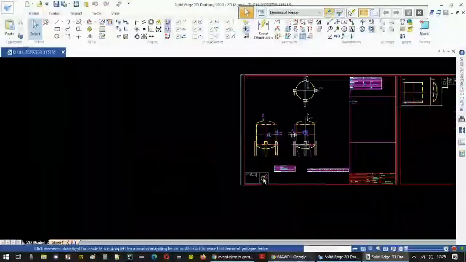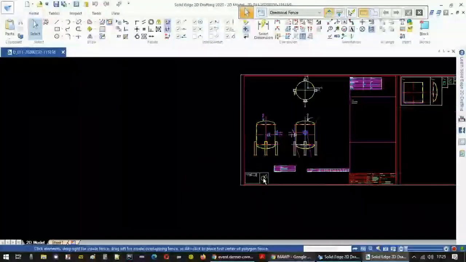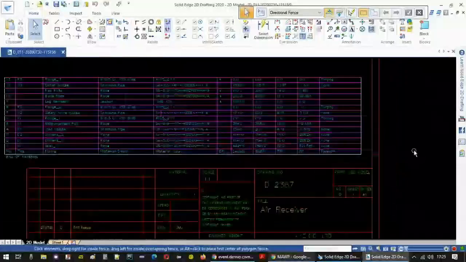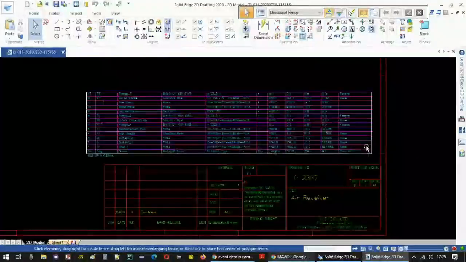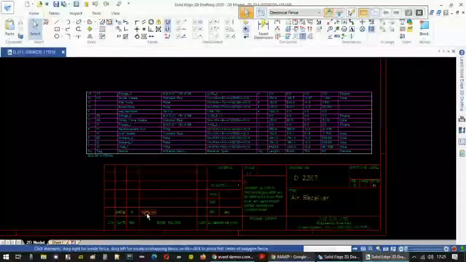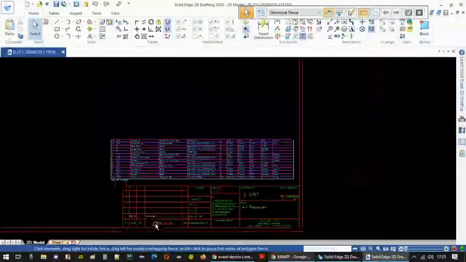These are the well details of the well. On the next sheet, we can see this is a bill of material with the design template. These are all the inputs which we've given, air receiver.